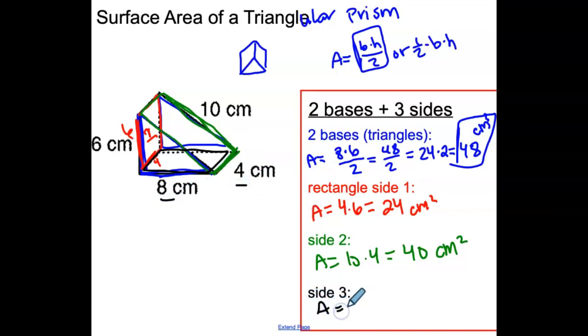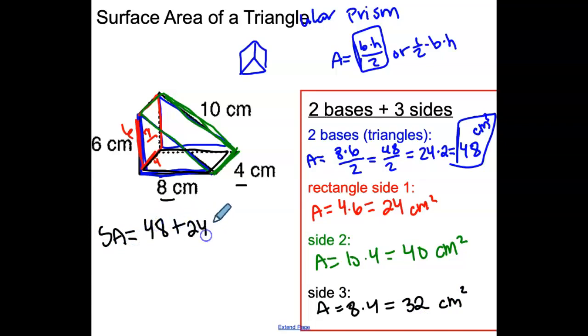So area equals 8 times 4, which is 32 centimeters squared. Just like in our last example, to find our final answer for surface area, we just have to add them all together. 48 plus 24 plus 40 plus 32, and that gives us 144 centimeters